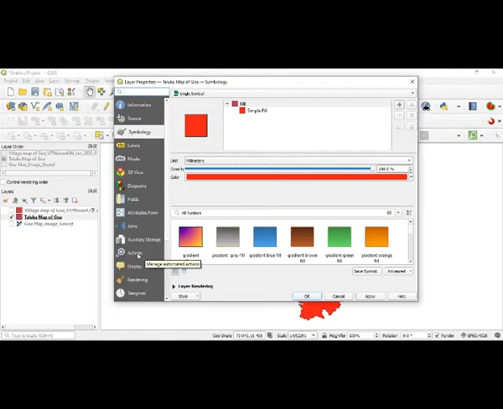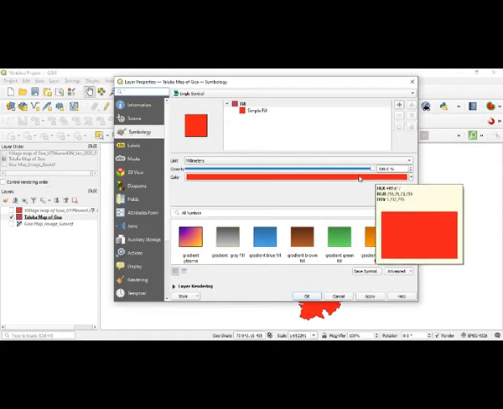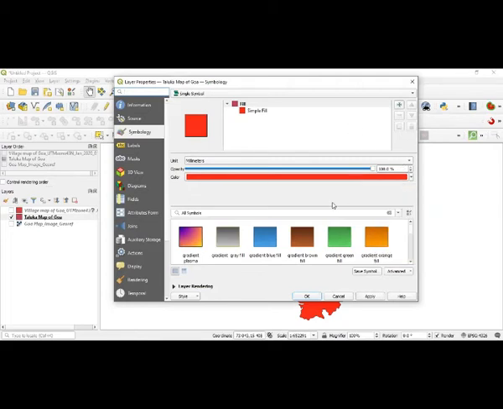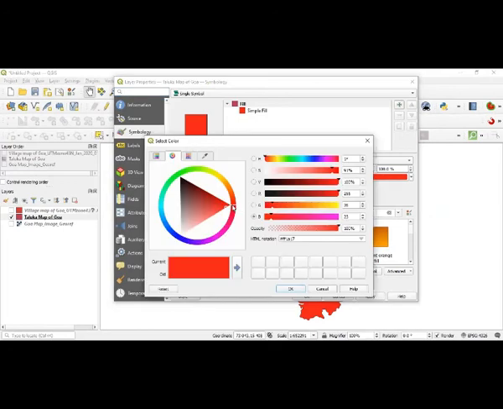Right now I have clicked the symbology here. What you can see is that this color can be changed. As I showed you a while ago, the single color of the map can be changed. Now I can click here and you can see all these possible circles with different colors.